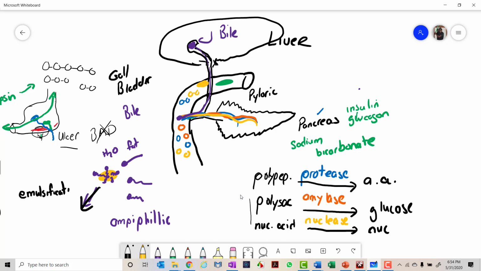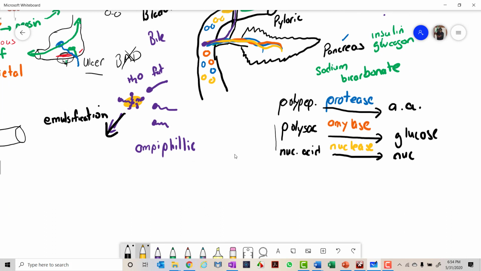emulsification. So in emulsification, what will happen is the fat globule will be broken down into smaller pieces of fat, if I can use that word. And each one is kind of attached to its own bile salt, if you will. So now that this fat has been taken from a big giant fat globule where the surface area to volume ratio is not very good, to these smaller fat droplets, we'll call them, where the surface area to volume ratio is much higher,